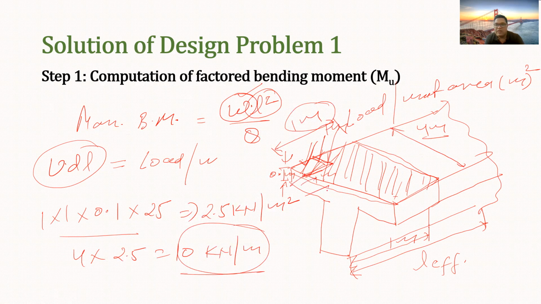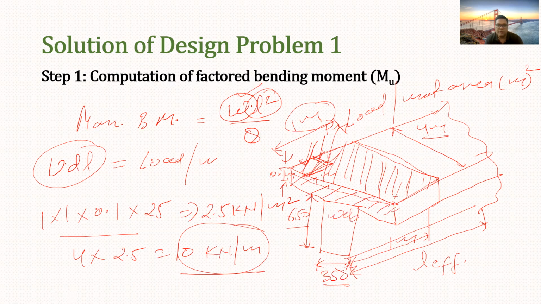So till now we have calculated load up to this only. Similarly, we can find out load of this web part also. So the web will be having this width as 350, and this dimension is already given in the previous slide, which is 650. So similarly, the self weight of this web will be 0.35 multiplied by 0.65 multiplied by 1, that becomes the volume, and multiplied by the density of RCC, which becomes 25.